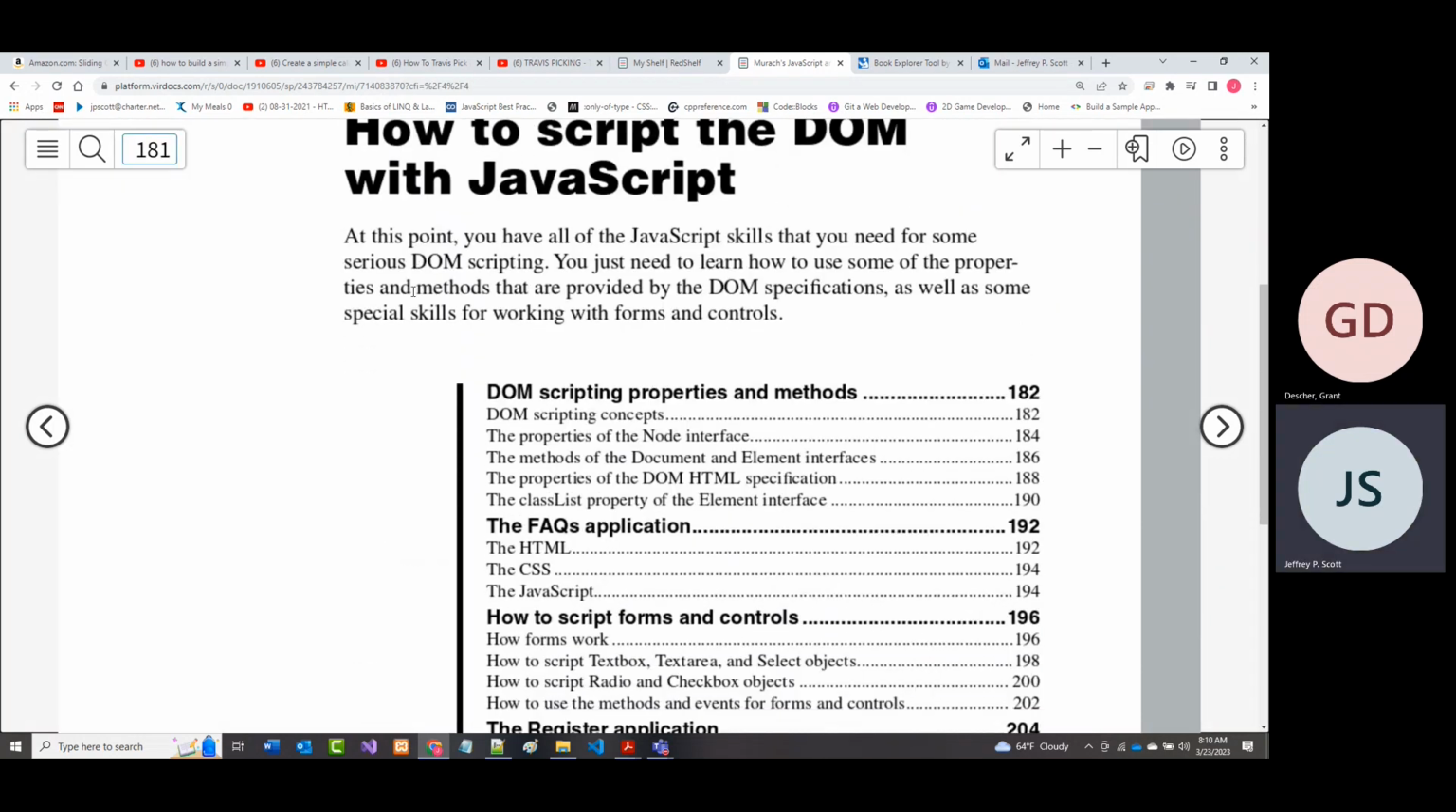All right. It says here, at this point, you have all the JavaScript skills you need for some serious DOM scripting. The key thing about working with the DOM is that you are able to do one of three things. You're able to add things to a web page, any place, at any time. You're able to modify anything on a web page, any place, anytime, and you're able to delete anything on a web page,